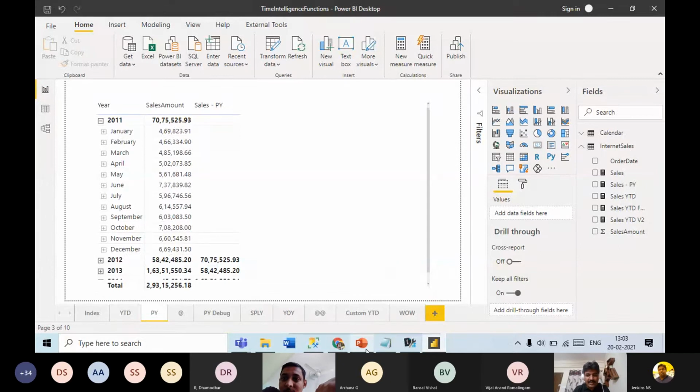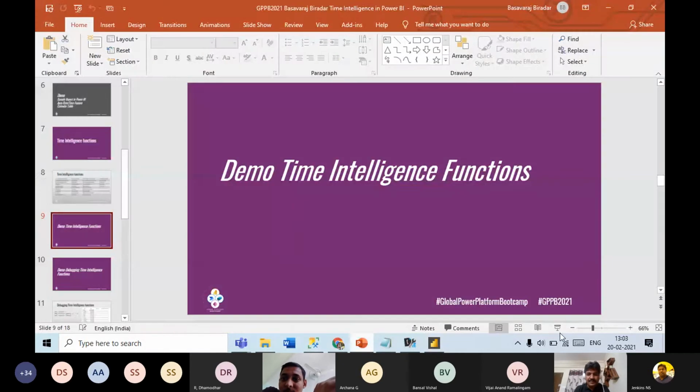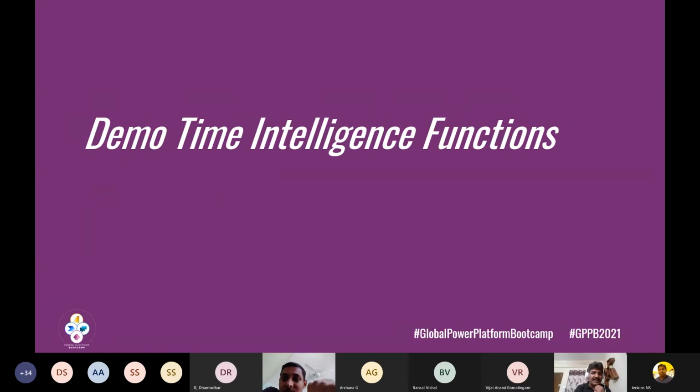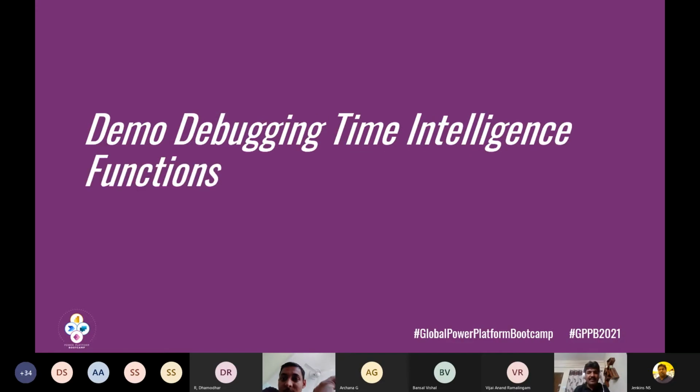So let me go back to PPT. We have gone through two time intelligence functions, year to date and the previous year function. And now let's go through the demo of how we can debug the time intelligence function.